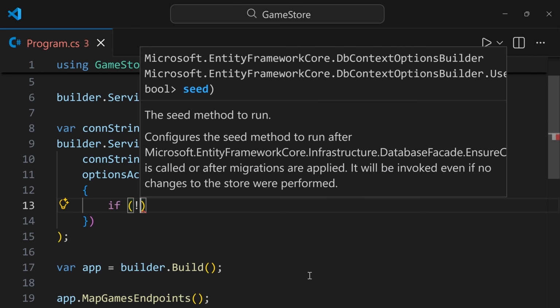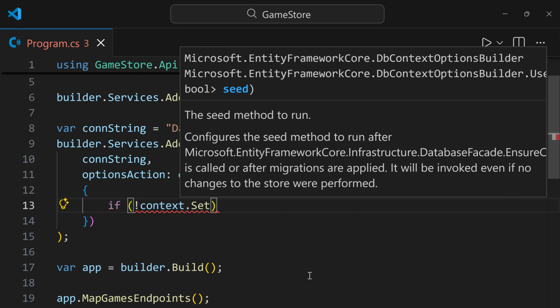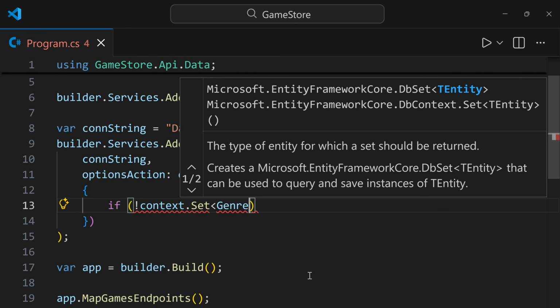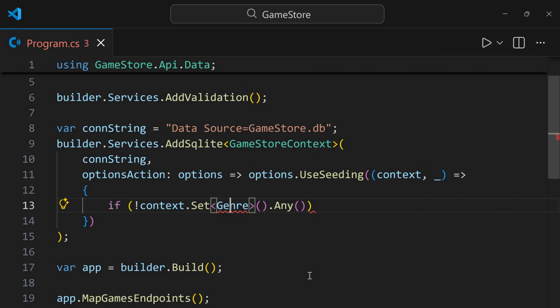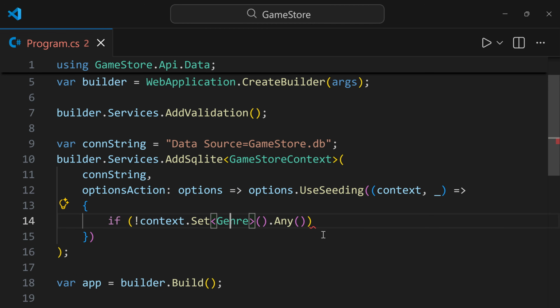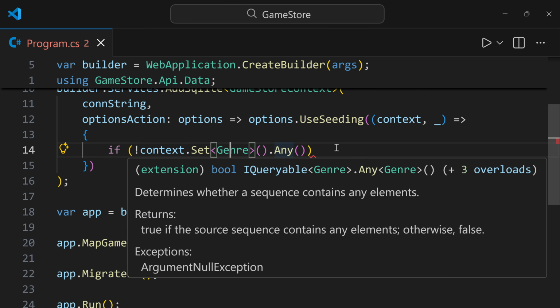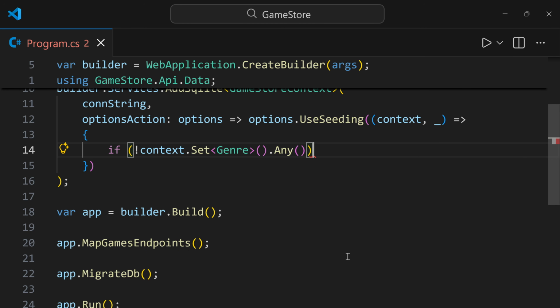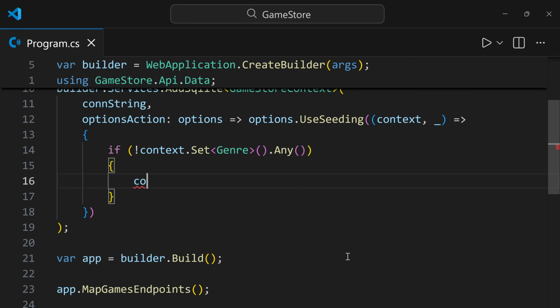And the logic here is going to go like this. So if not context.Set, which is going to give us one of the DB sets in the database context, and the set is going to be the Genre set, okay, .Any, and before going forward, let's just do Ctrl+. on Genre so that we can use our GameStore.Api.Models namespace. Okay, so if we are not able to find anything in the genres table, which should be the case when the database is just getting created, we are going to execute the following logic. We're going to say context.Set